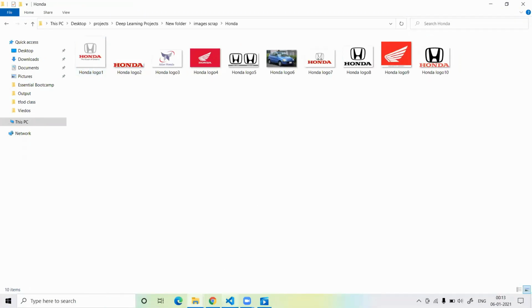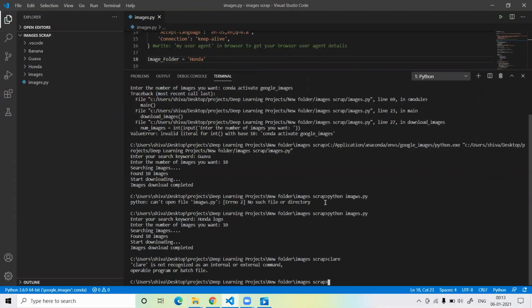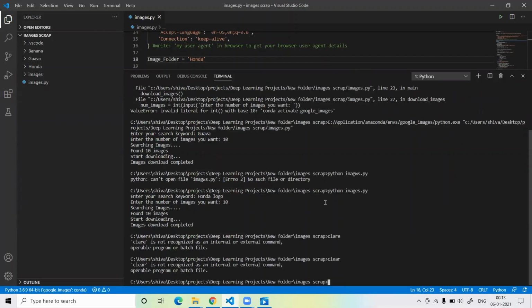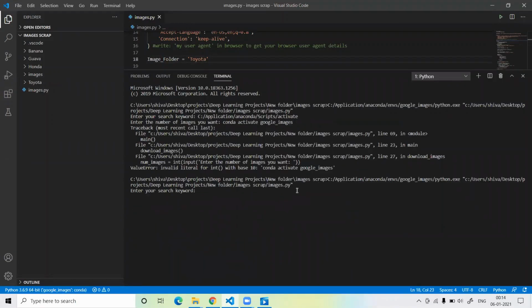Okay, downloaded, completed. Again I just clear. Okay, it's not working. That's fine, no problem. I just again change my folder name, Honda to Toyota. Let's save this file and run again.